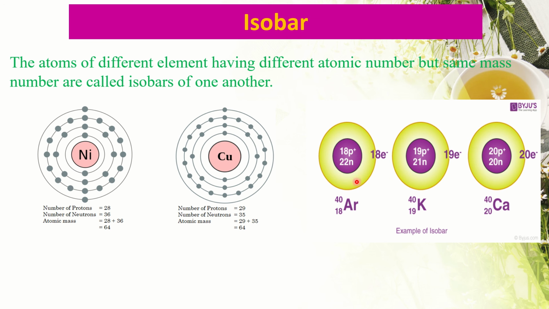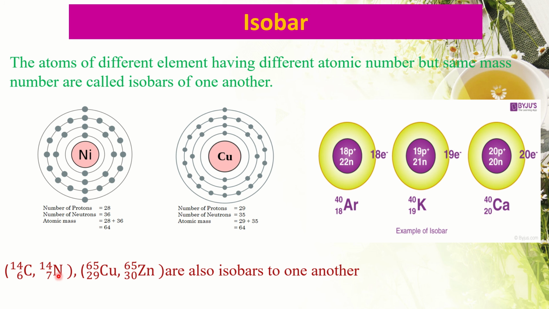Look, these are argon and potassium. We know that their mass number is the same, both 40. Argon and calcium, their mass number is also 40. And one isotope of potassium also has mass number 40, but their atomic numbers are 18, 20 and 19. Their atomic numbers are different, so they are different elements, but for having the same mass number, they are isobars of one another. In the same way,